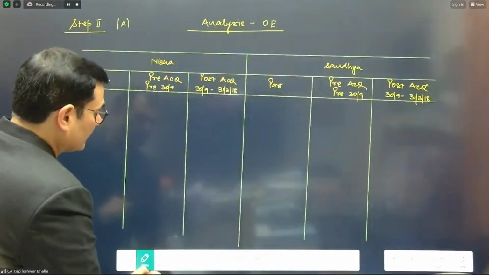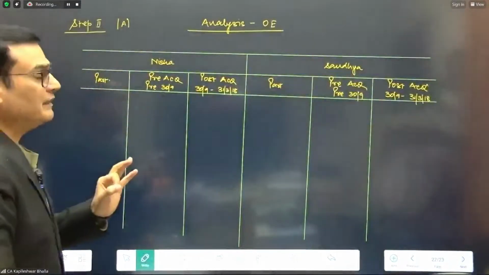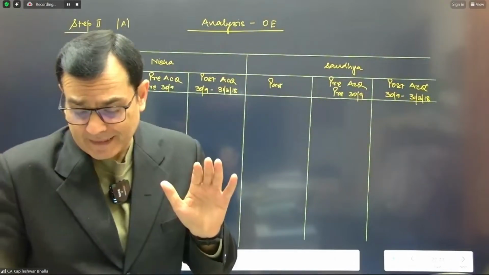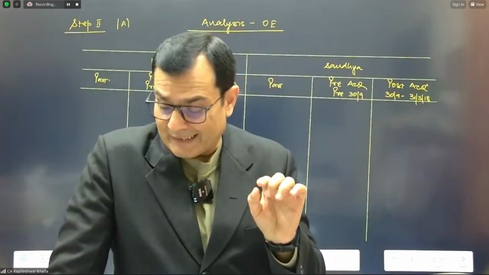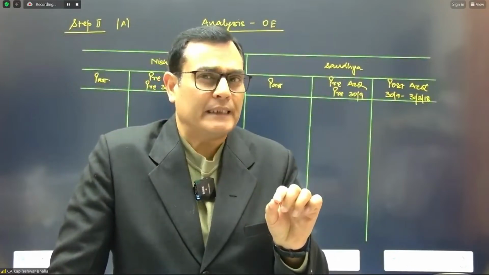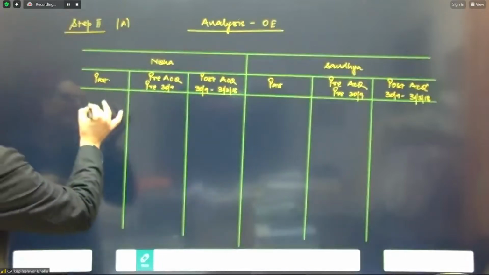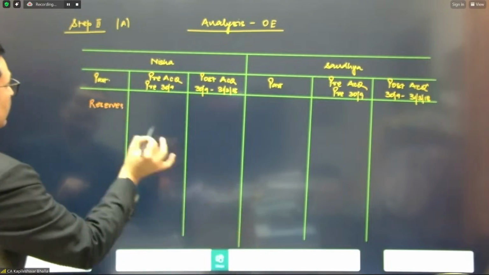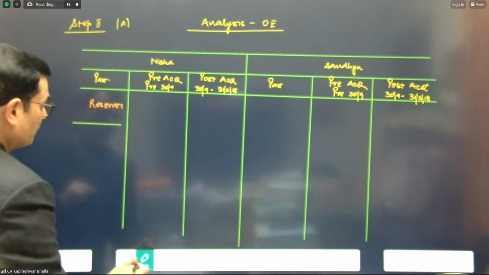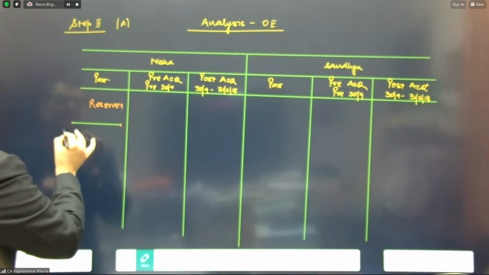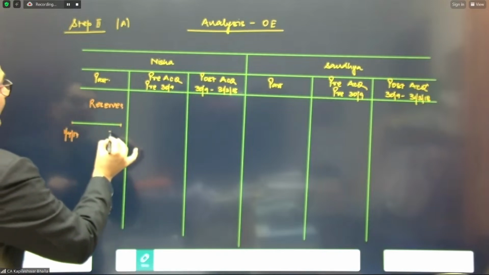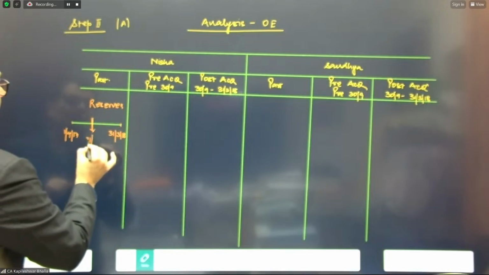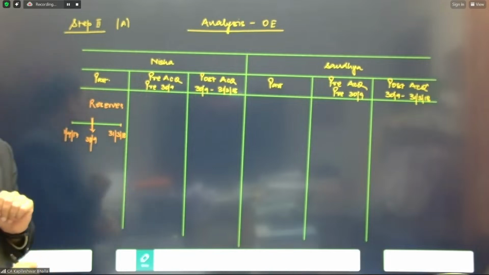So let's concentrate on the balance sheet of Nisha and do the analysis. Now, if you go to the balance sheet of Nisha, we can see that there is a reserve and there is a retained earnings. So we need to do the analysis of reserves and the retained earnings. So let's consider the reserves. And as usual, let's consider a time scale. And let's put down the dates as well. So we can say the beginning of the year is 1st April 17. The end of the year is March 18. And the date of acquisition is 30th September. That is the middle of the year, 30th September 17.